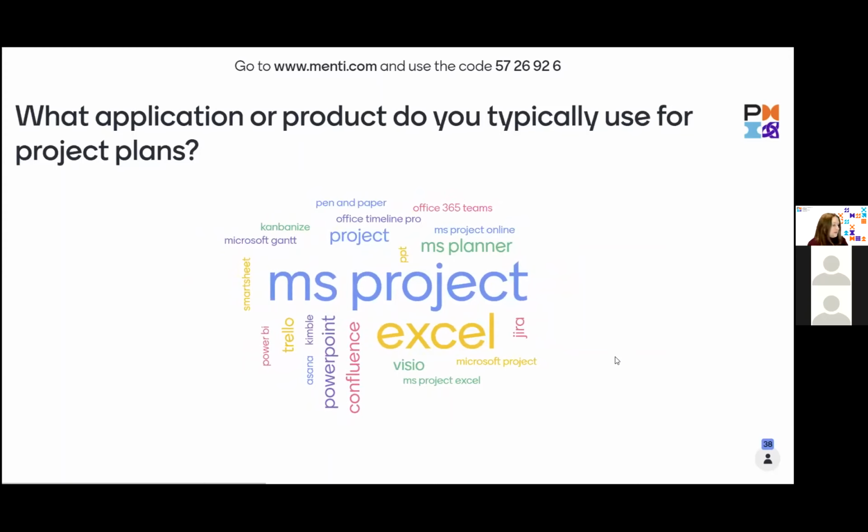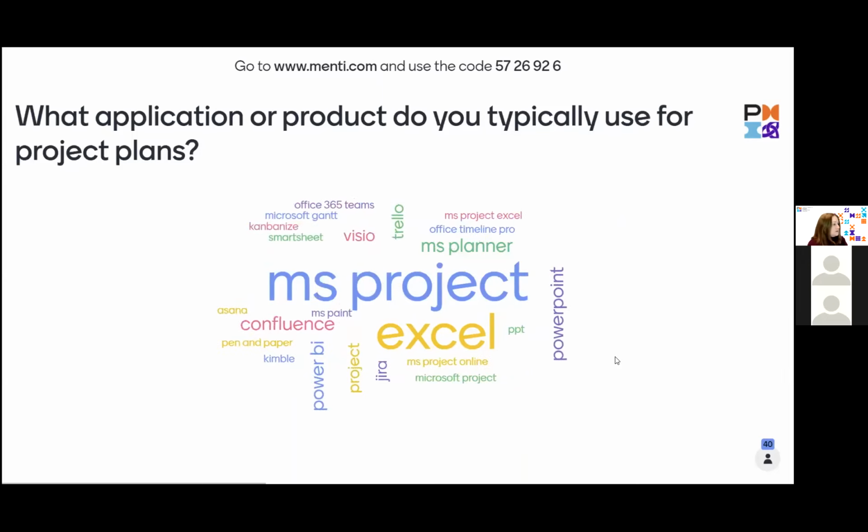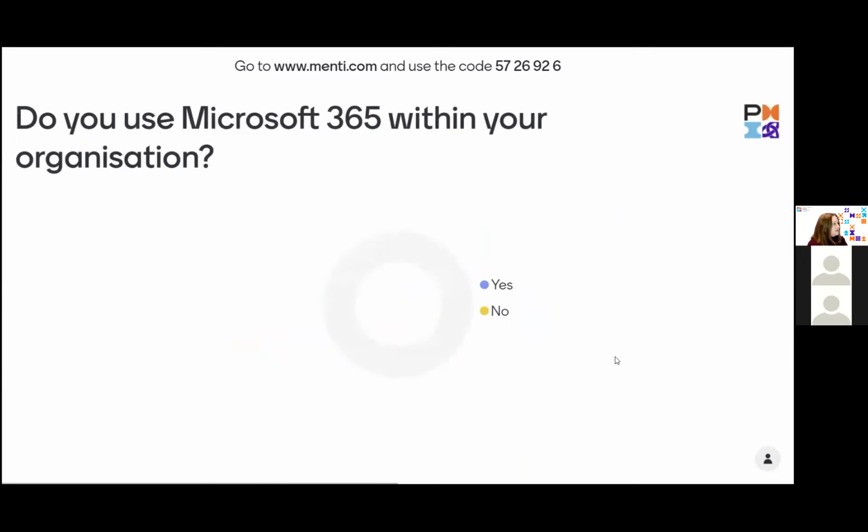It's a really good mix, but the two biggest ones seem to be MS Project. So what I'm going to show is really the evolution of MS Project. Yeah. And Excel as well is very interesting. We tend to find a lot of the organizations that we go into, they do have quite a wide spread of spreadsheets. Used for anything from creating Gantt charts to collecting RAID log items to even doing things like resource management. But it is a very difficult way in which to work.